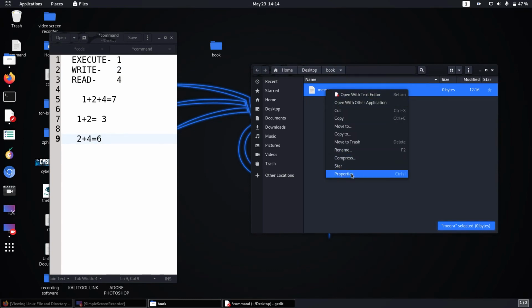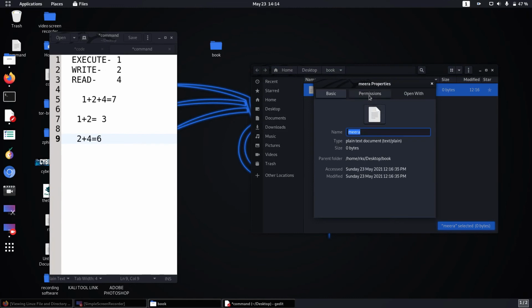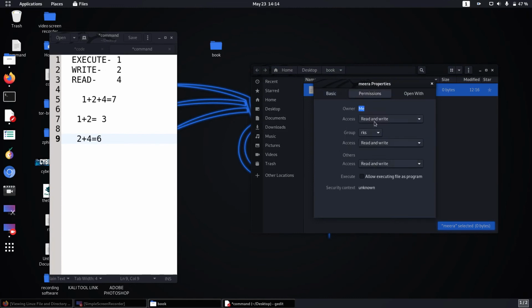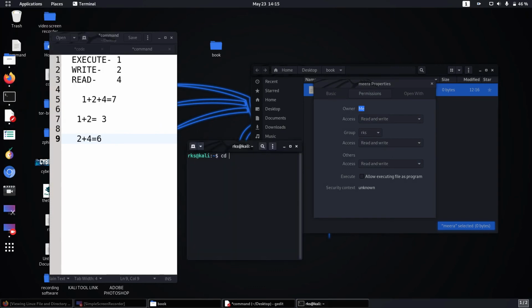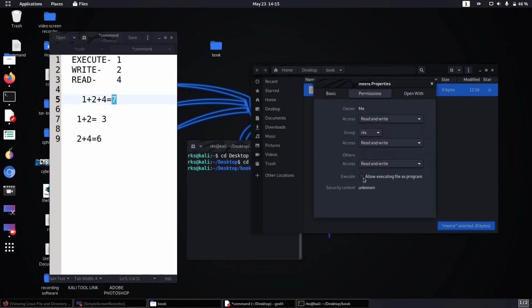Right click, properties. Here is permission: read, write; others, read, write. Okay, now change this permission. How can we change this permission? Know about this. Okay, go to terminal, cd desktop, then cd book. No execute sign here.